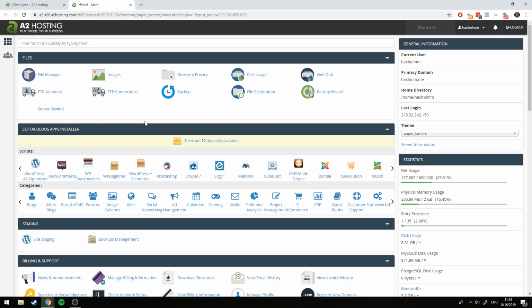Now this may also be different on all other web hosts, but there should pretty much always be an installer that lets you install stuff like WordPress and so much other. And for this particular use case, you can see right here there's the WordPress A2 optimized. But that installs a few plugins that I usually don't like to have on my website. So I go with